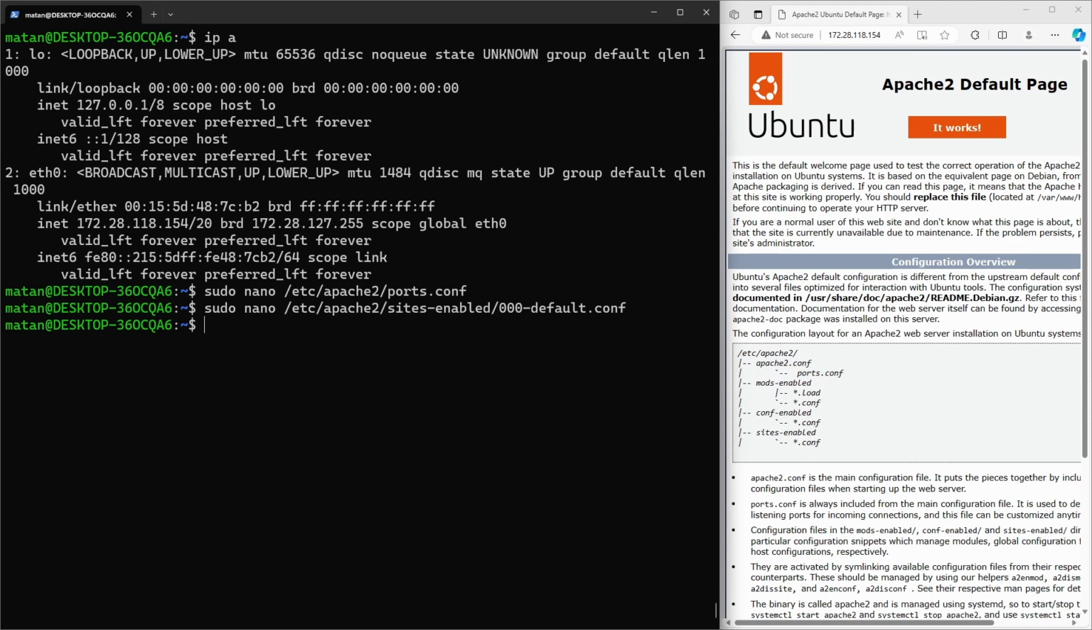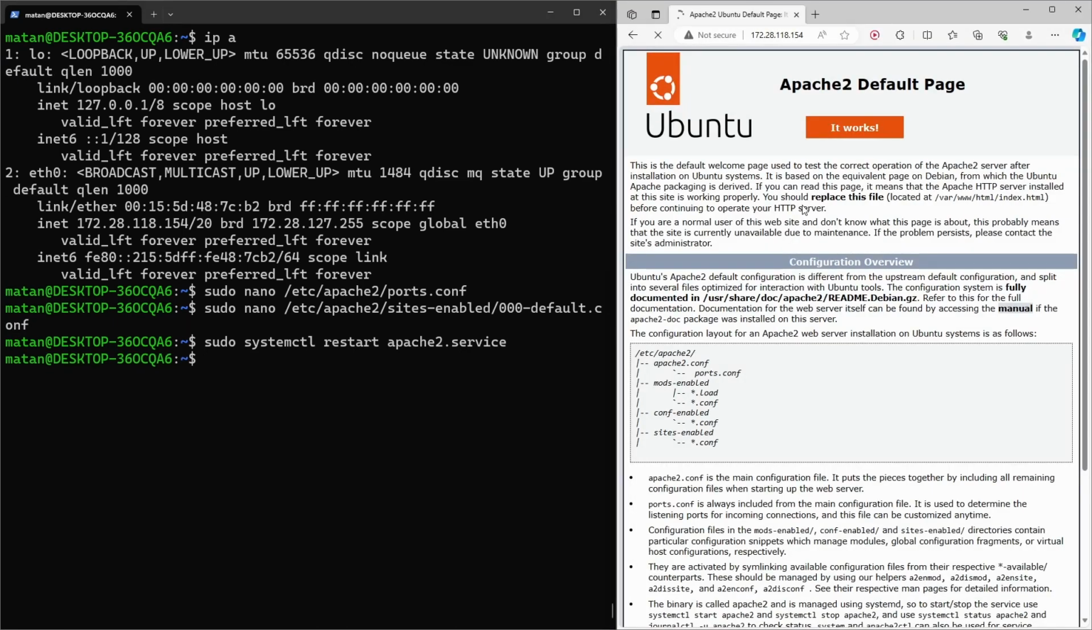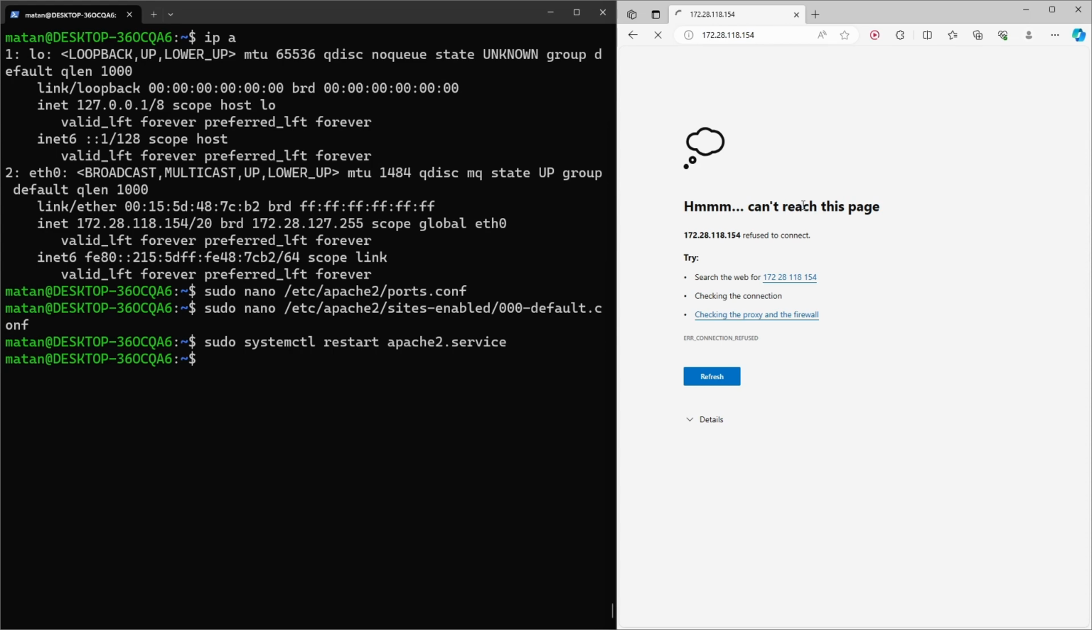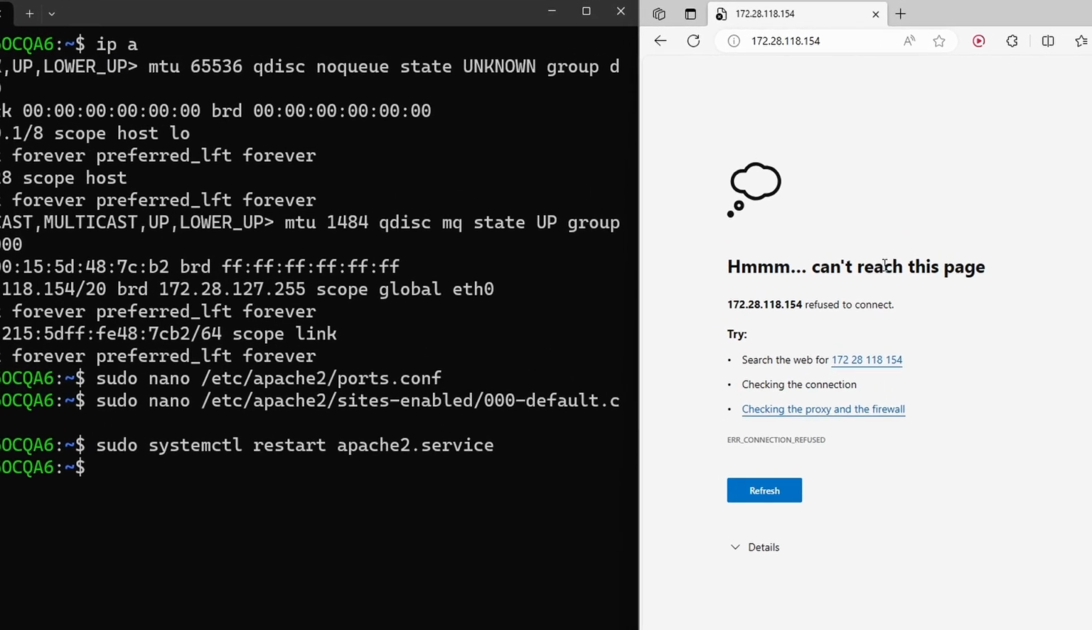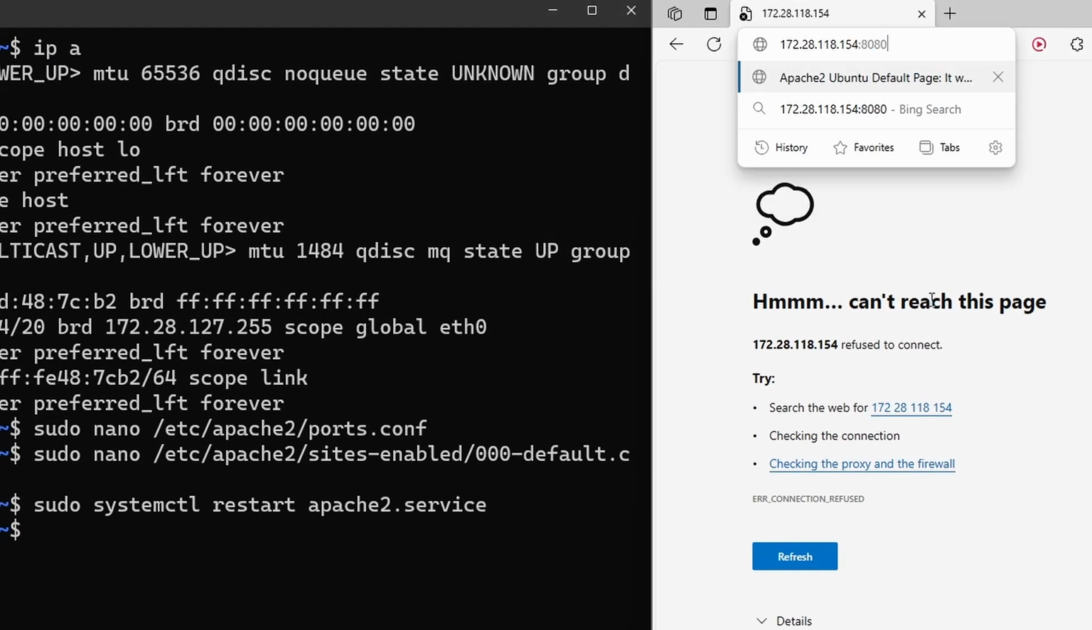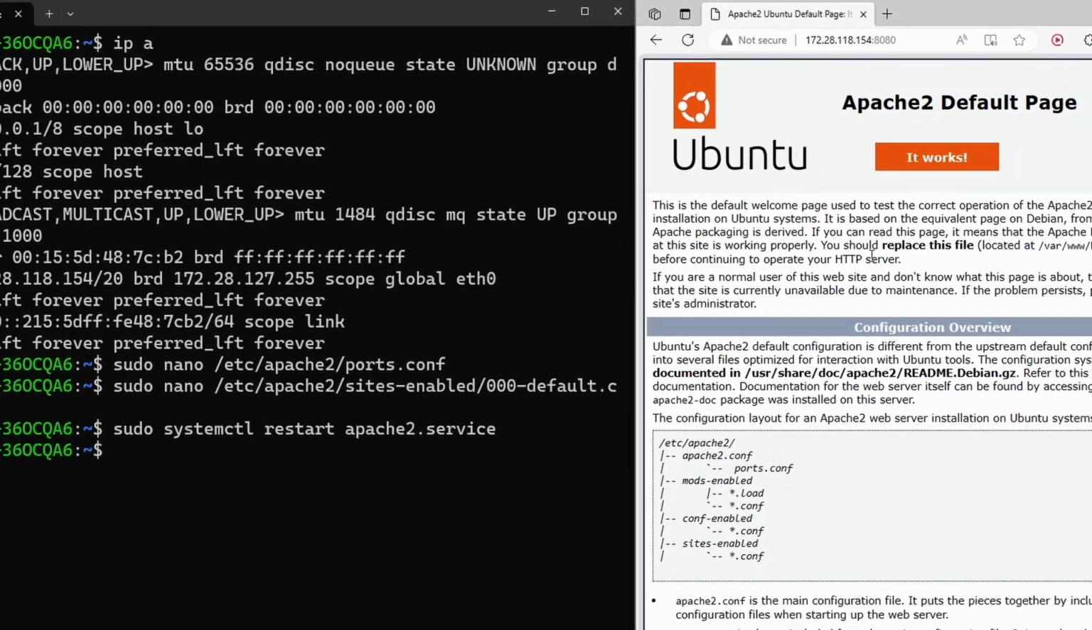Let's now restart the Apache 2 service with systemctl. And if I now try to access the website on the default port, it's not going to work. But if I change the port to 8080, we can see the website on this